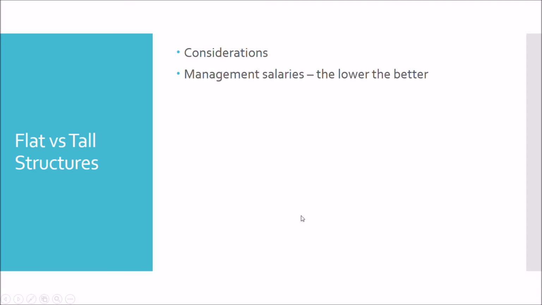So, considerations. Flat versus tall. Well, the fewer managers that we can have in any kind of structure, the less management salary there's going to be. There's also, depending on our skills and level of knowledge, we might have frontline workers that actually are not required to be that skilled. They're going to follow a series of instructions. So we might have one manager who then reports to another manager who's setting out the instructions. We might not need to empower our frontline staff members.